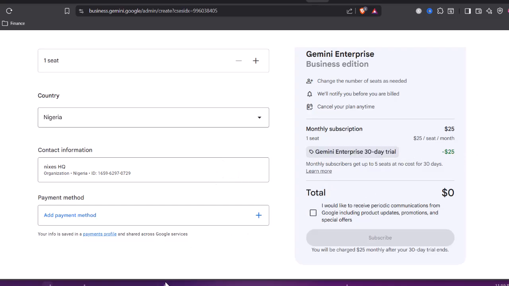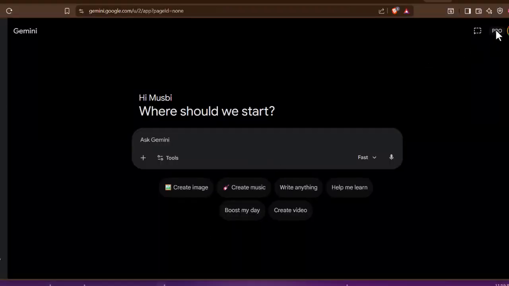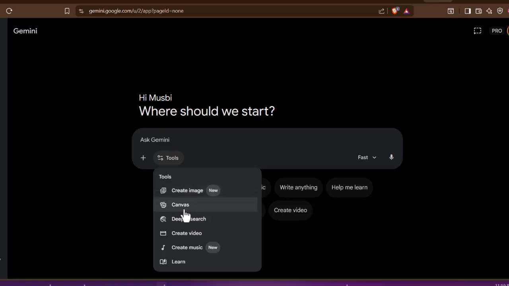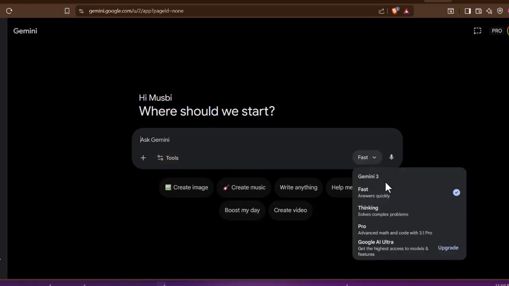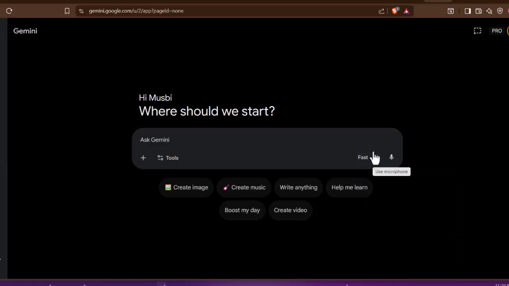Then you'll be able to sign up for the Gemini Enterprise 30 days free trial, right? But then me, I'm using the Pro version. So you can see Pro on the top right here. So I'm using my Google Pro to create this video. And you can see on this tool right here, you can see create image, canvas, deep research, create video, create music, right? So we also have all these features, Gemini Fast, Quick Thinking, Pro. You can see all this one right here. So that's it. So what I'm going to do first is create a prompt